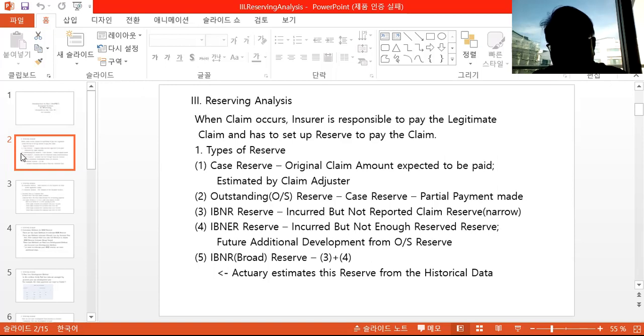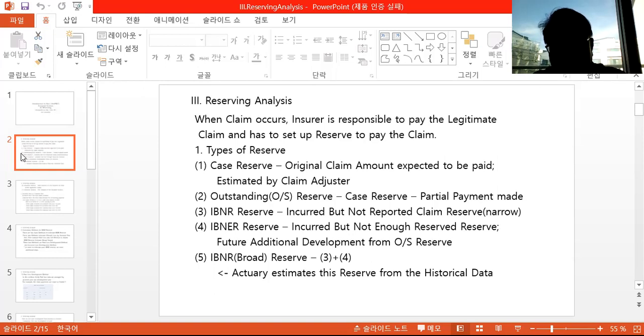The third one is the narrow sense of the IBNR reserve, which is actually the pure incurred but not reported claim reserve. There are many reasons that the insured or claimant does not report the claim immediately. During that time, it's just left as IBNR reserve, IBNR claim. But still the insurance company is responsible to set up reserve for those claims, even if they're not reported